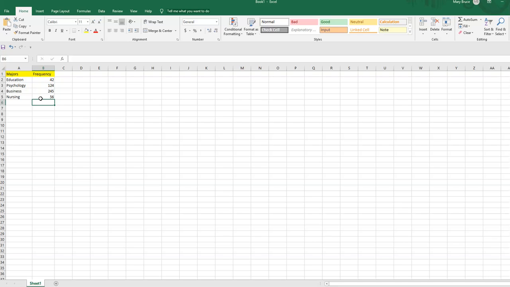So 42 plus 124 plus 245 plus 56 gives me 467. And if I wanted to do it by hand, I could then just take 42 divided by 467, and that's about 8.99 something percent. So that's roughly 9% right there. And similarly, you could take the 124 and divide it by that and get that percentage and so forth. And then just pick the pie chart whose pie slices resemble what percentages those should be. And I think even the percentages are given in the choices. So you would just make sure that you pick the pie chart that matches up to the 4 different percentages